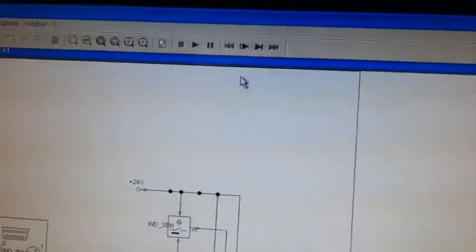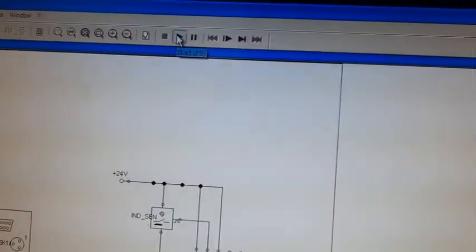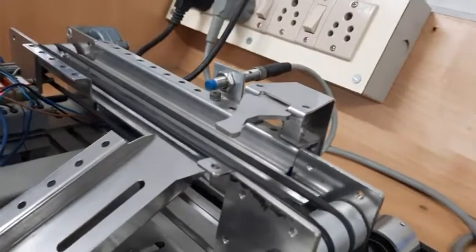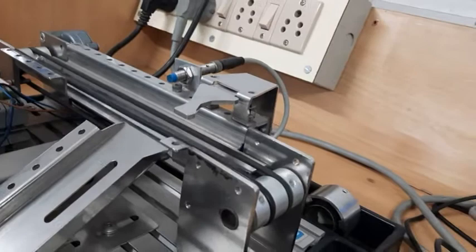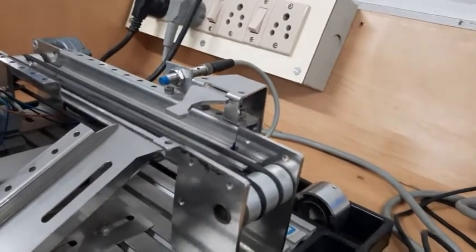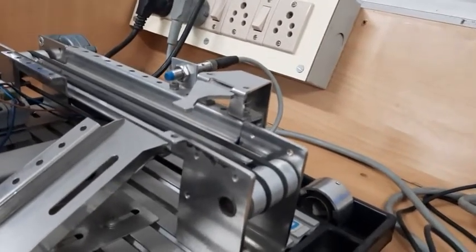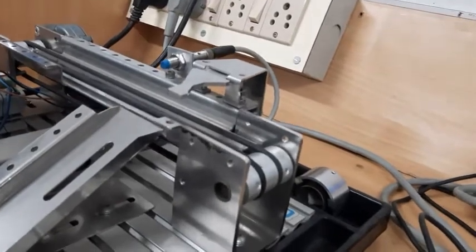I am executing the run. You can see the continuous running of the conveyor belt. As soon as the program is executed, the conveyor belt starts rotating until the program is stopped.